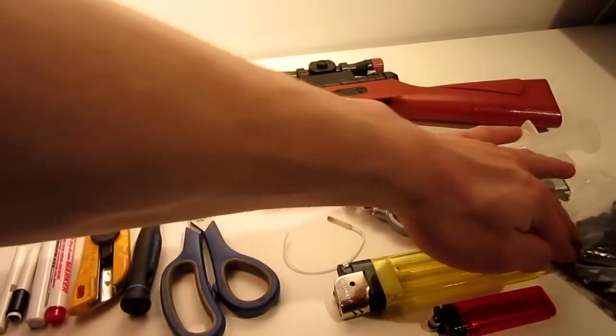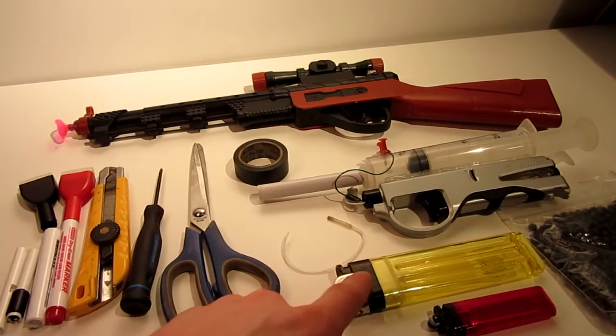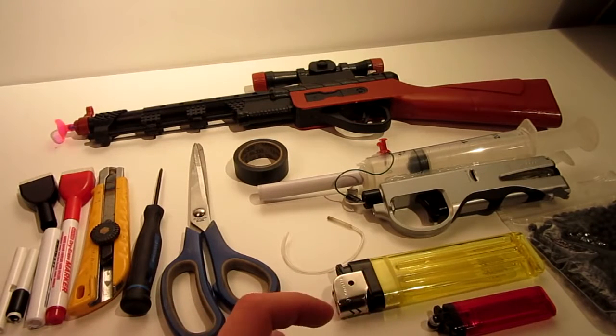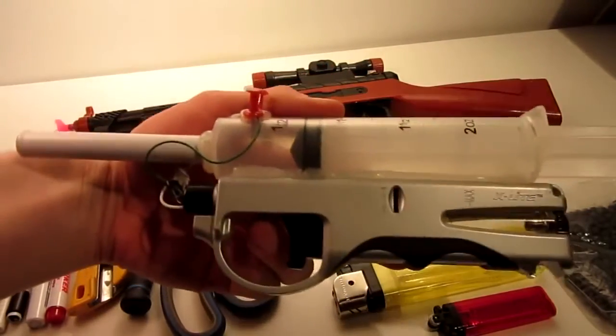Over here you have the bag of airsoft BBs. You will need one lighter. I have a small and a large one. We're going to use a large one today. Small one would work though. And over here, this is actually my combustible